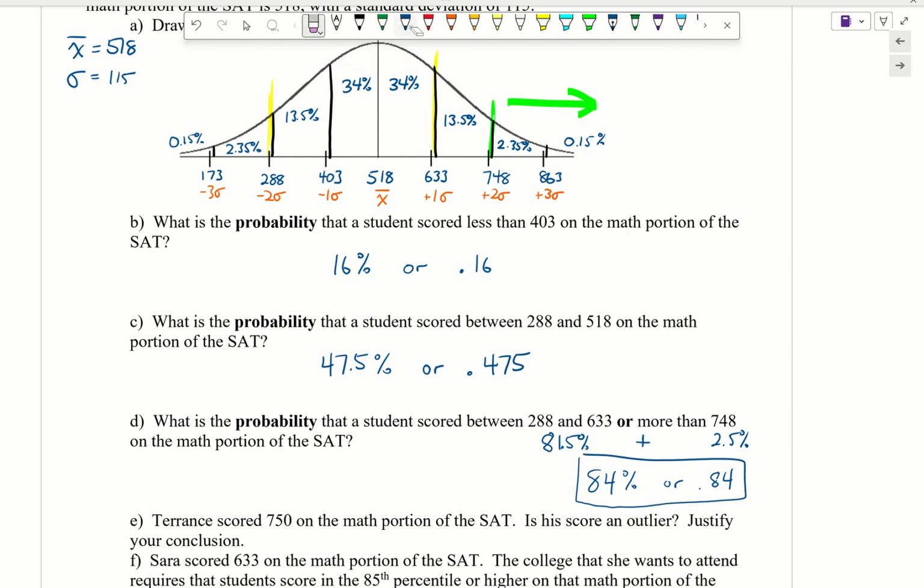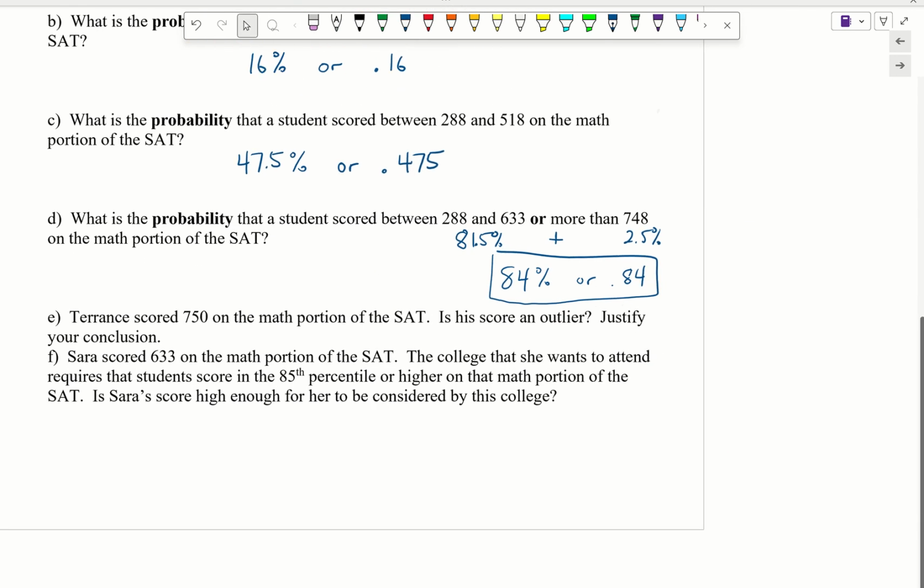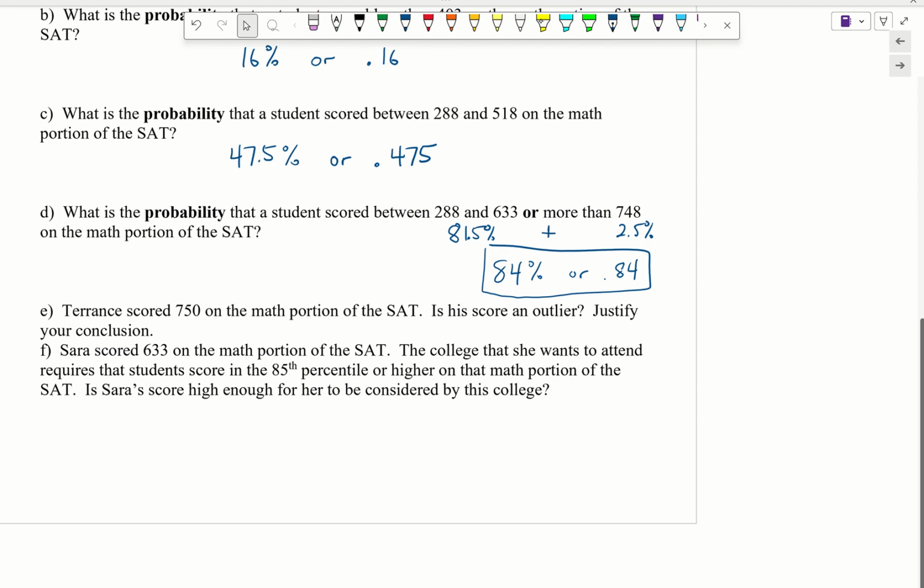All right. So hopefully that makes sense with those numbers. For E, it says Terrence scored 750 on the math portion of the ACT. Is his score an outlier? Justify. So, again, there's that word outlier. And as we described earlier, an outlier is any score that is more than 2 standard deviations away from the